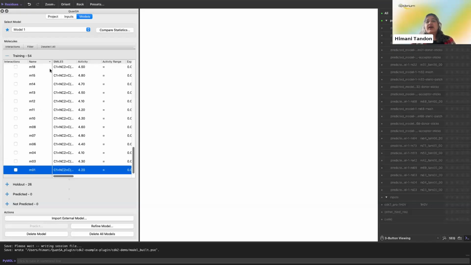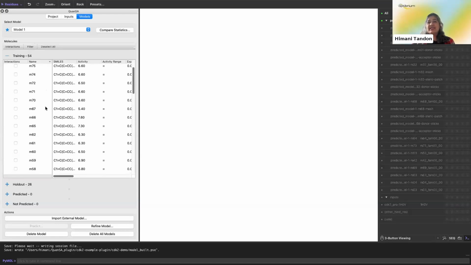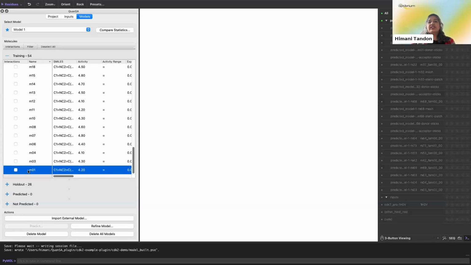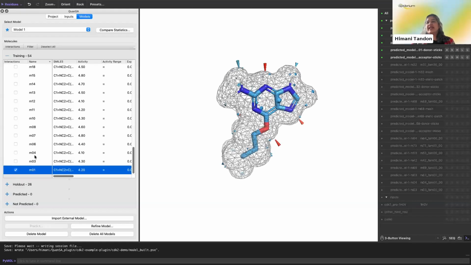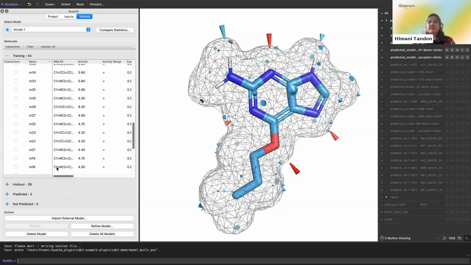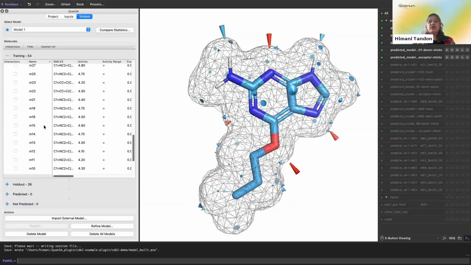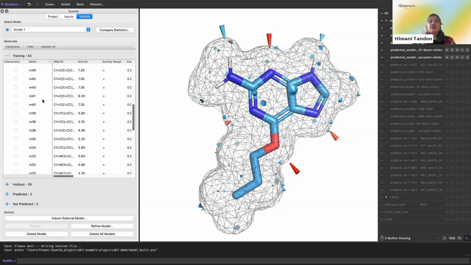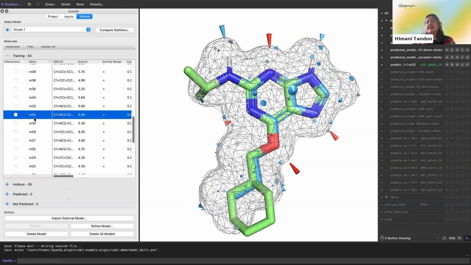So, once the model building is complete, you can see all these molecules listed here. I'm going to show you 2 molecules from the training set: this molecule M01, which has an activity value of 4.2 in pKd terms, and another molecule, which is about 1.7 log units more potent than this molecule.